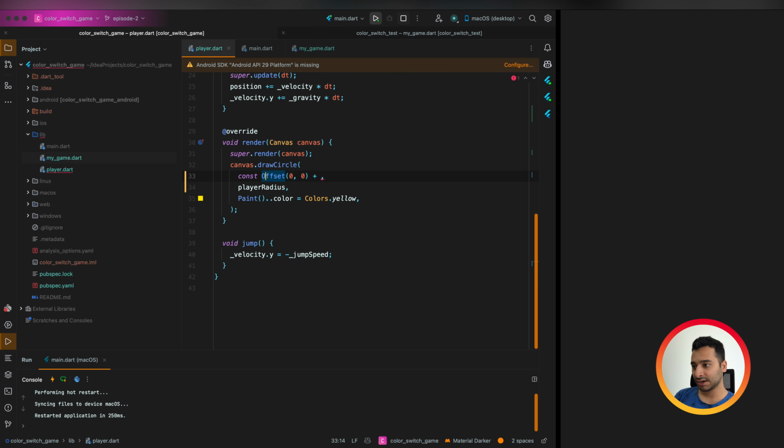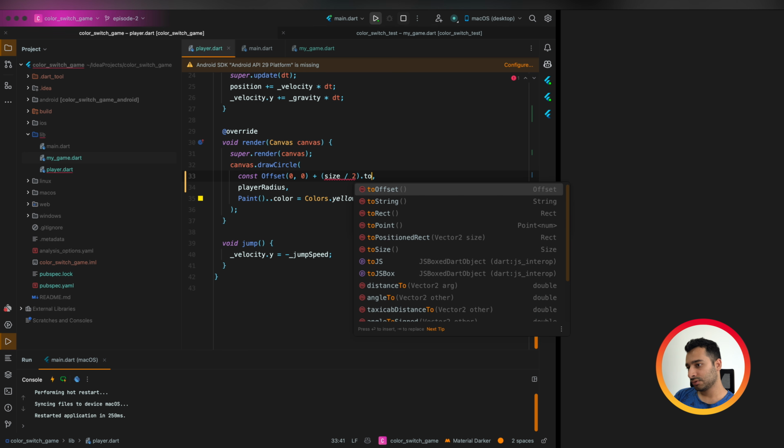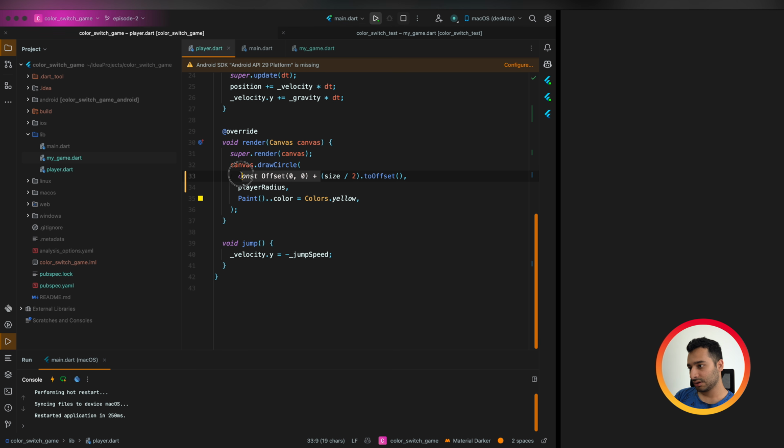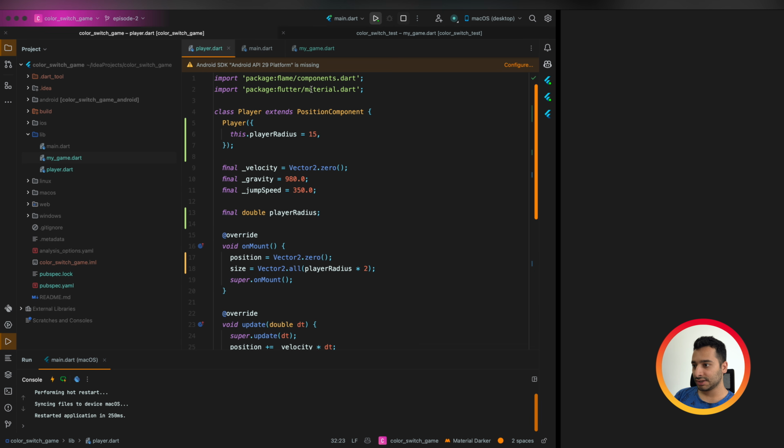You know, here it needs the center of the area in which you want to draw a circle. For example, here we can say size divided by 2 as an offset. Okay, so it is working correctly.